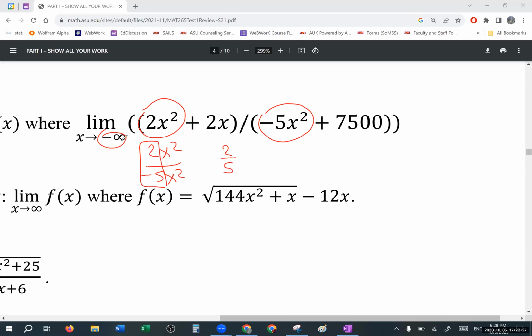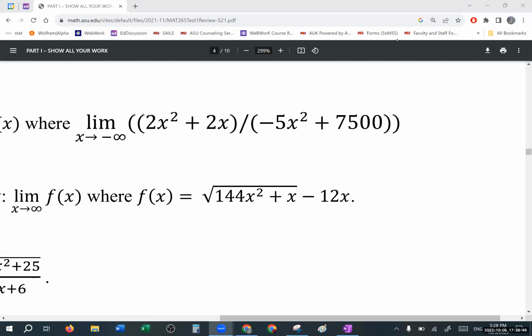2/5. Because minus infinity squared is plus infinity, and minus infinity squared is plus infinity, the answer is positive. But if it was cubed, for example, that could mess up the sign. Not in this case, but it could. And you saw it in your homework before. So this is how fast you can do this problem,